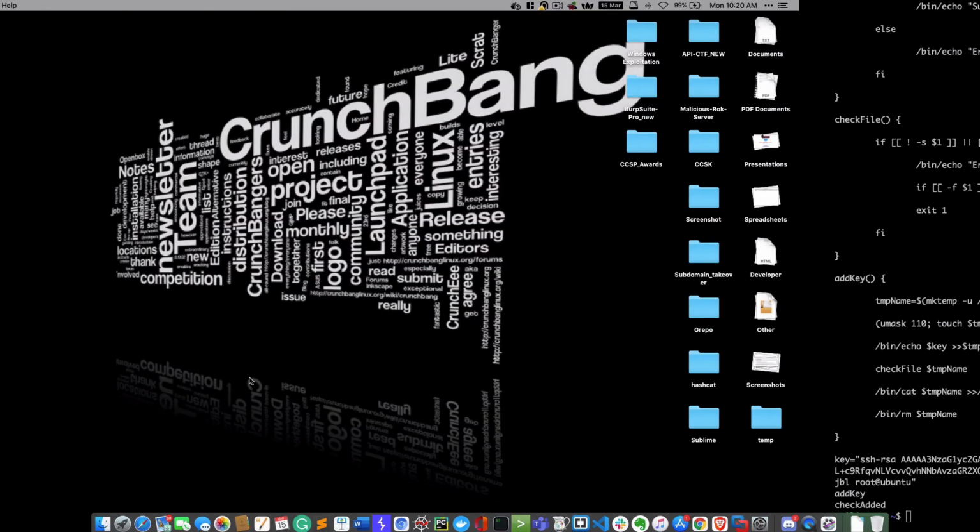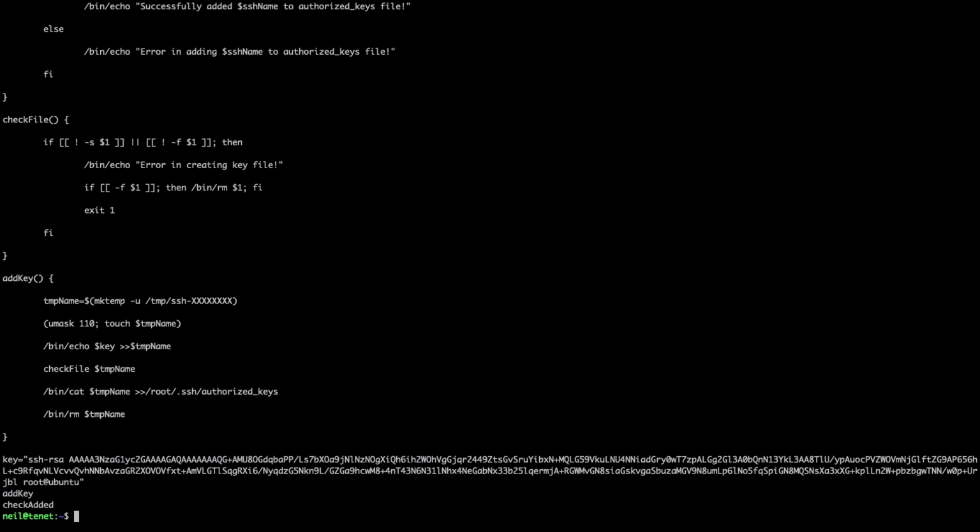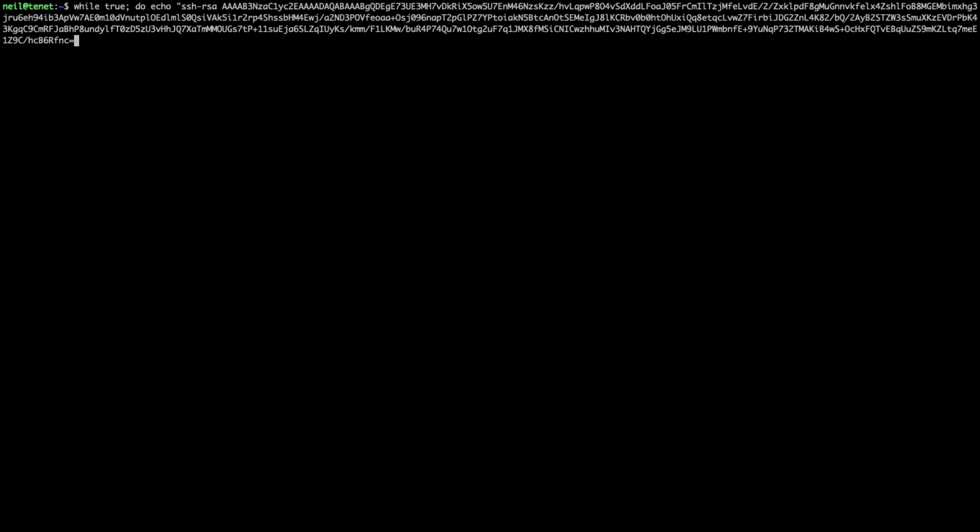So what I can do here is simply type the command echo. Before this I want to run an infinity loop, right? So while true, that's how we run an infinity loop, and then we use do, what you want to do. So I want to do echo and then the key, which you can paste with a right click. Fantastic. And you can see I'll use the double quote to close.